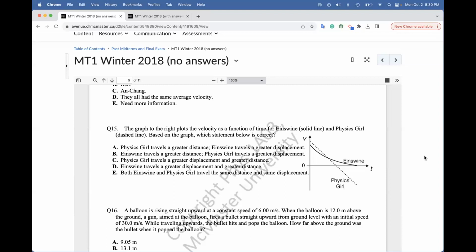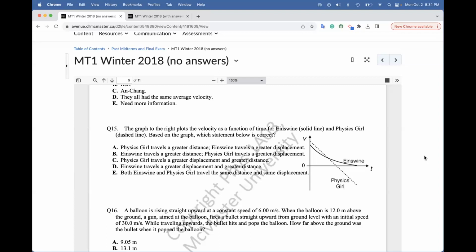Distance and displacement, I have to confirm, but I believe the area under the graph is the displacement. Yeah, that's right. Okay. So if the area under the graph is displacement,